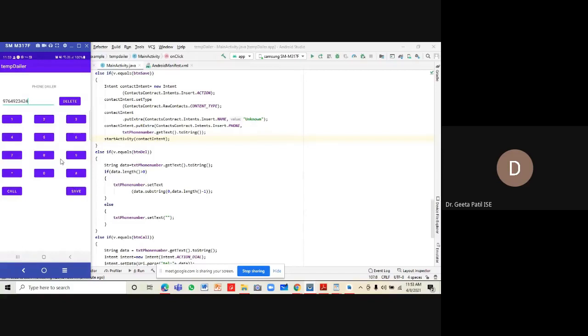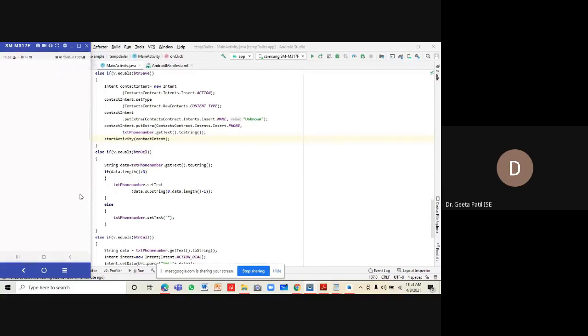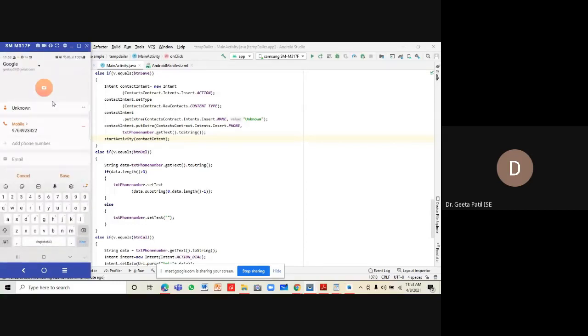And then if I want to change something over here and then say save, we will come to this activity where the name comes as unknown. Using the intent, it has passed information where the name is unknown and the phone number is this phone number.